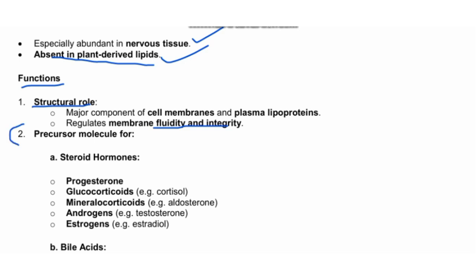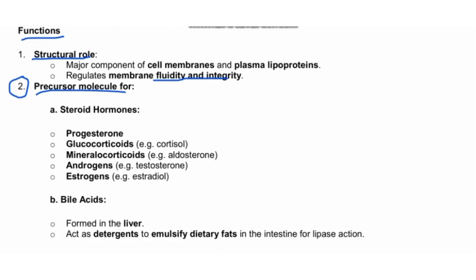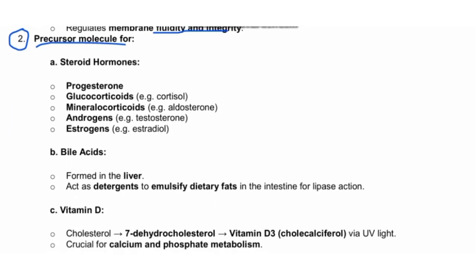The second function is that it acts as a precursor molecule. So cholesterol is a building block for other important molecules such as steroid hormones. These are hormones derived from cholesterol, and they control a lot of functions in our body, such as progesterone helps with pregnancy,